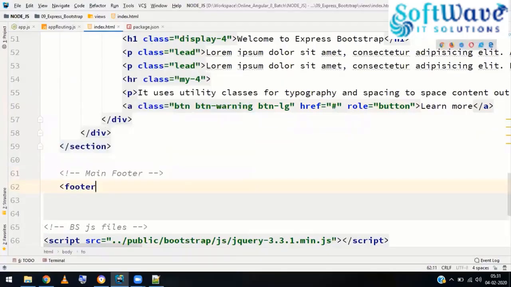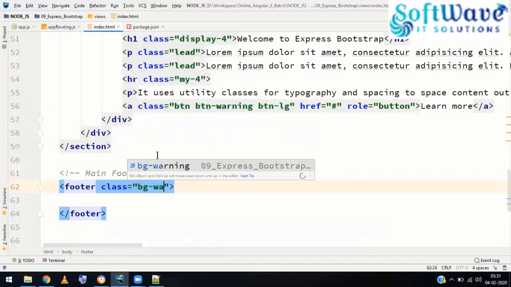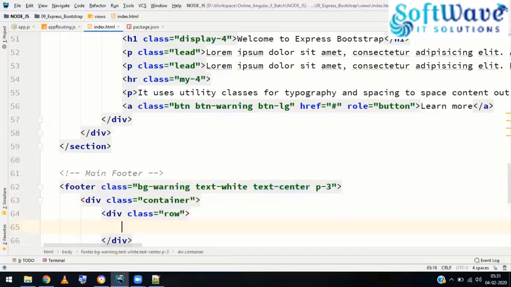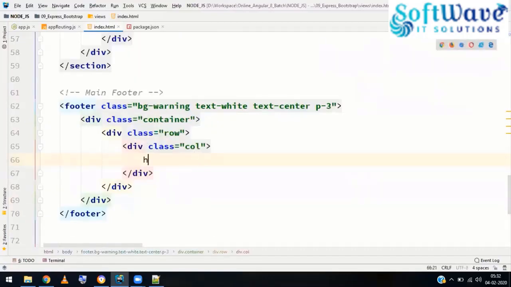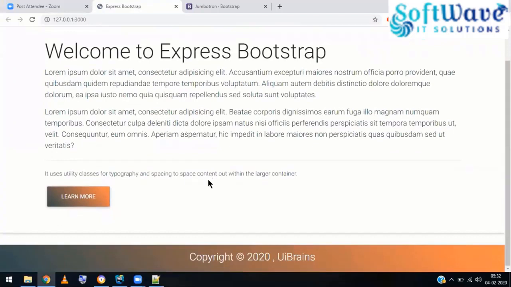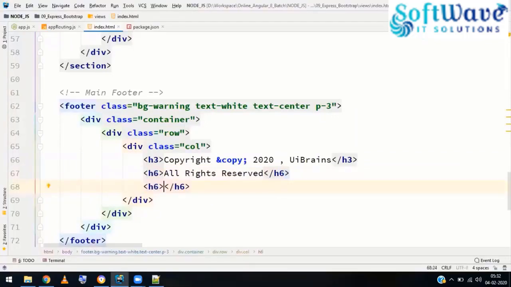So let's make a footer with a class called bg-warning and text-white and text-center, and let me give some padding p-3. So inside I'll make a container, in that one row, single column, and let's make some very basic footer. So h3, some copyright ampersand copy 2020, UI Brains. Okay, so below this I write some h6, all rights reserved, and finally let's make another h6, developed and maintained by,